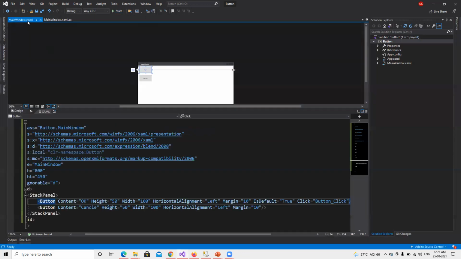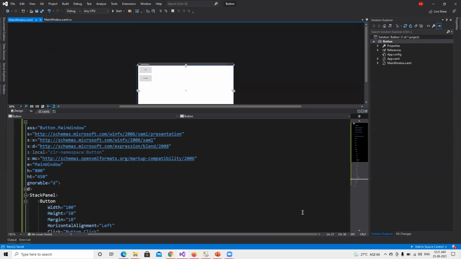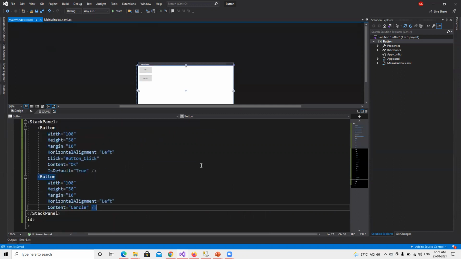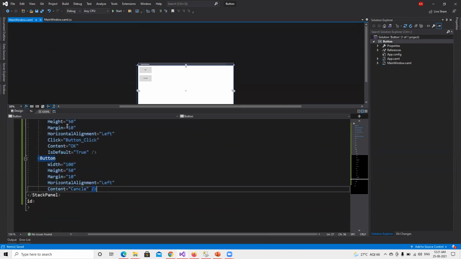Now what we can do here is another property called Name. We try to define that. Now I will press Ctrl+S, as we know that I have the XAML designer I created, so it's already arranging it. So now I will go ahead and create the name here. Okay, one property Name is there, so I will put like this btn_cancel.